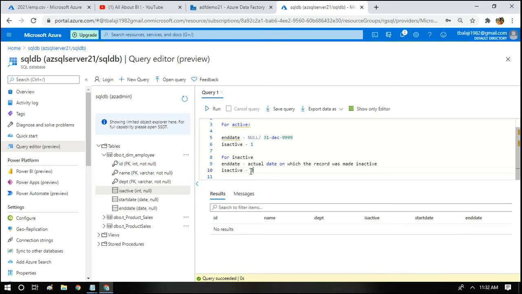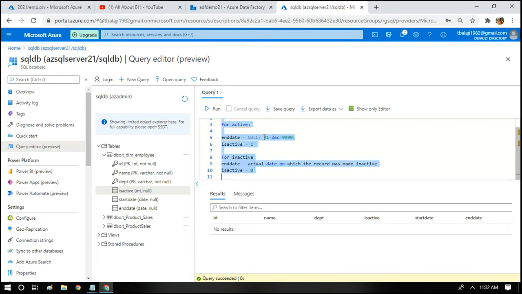If you see a record with is active as 0, that means the record is invalidated, disabled, or inactive, whatever you want to call it. If you see a record with the is active column as 1, then that is the current record. Historical records will have is active as 0 and will have a start date and end date. The current record will have 1 as is active and the end date as a default date.